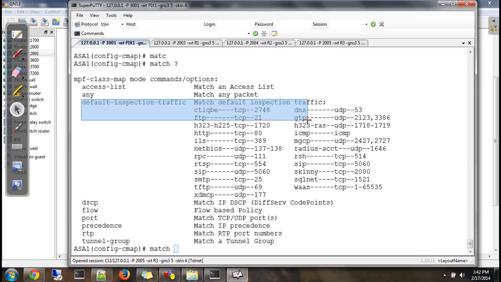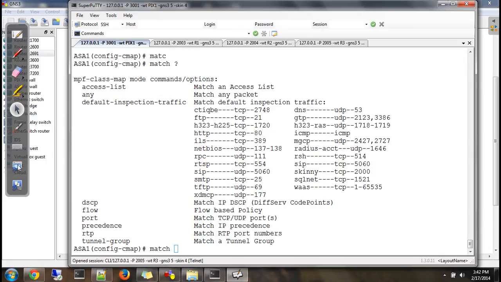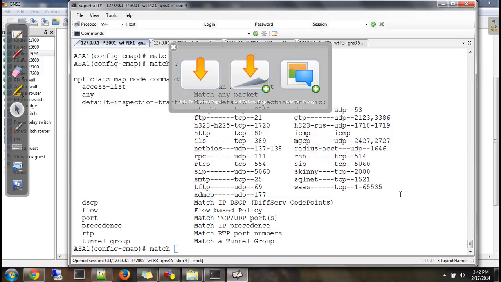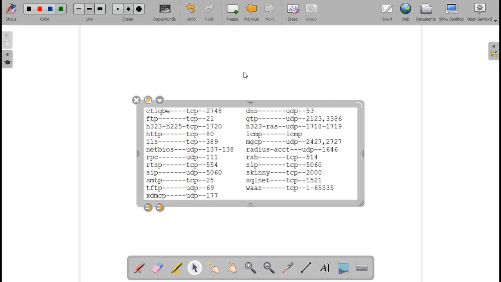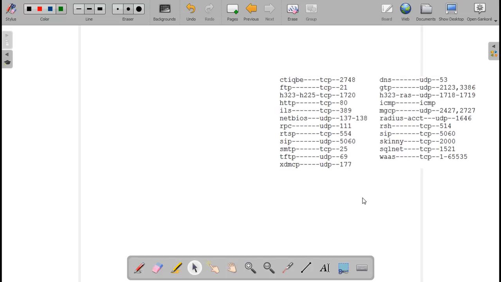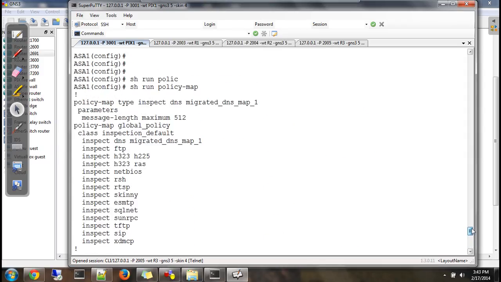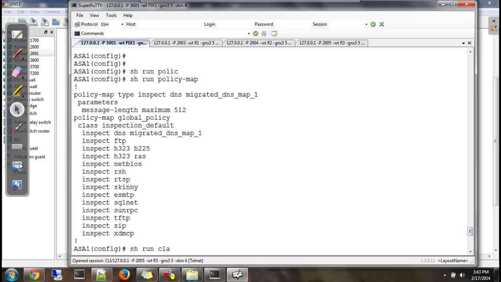This is what is selected by that class inspection default traffic. Then this is what your running policy is.